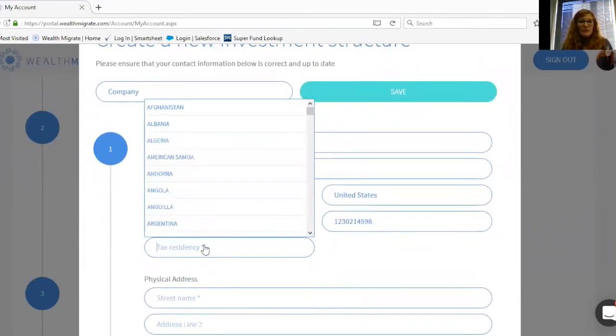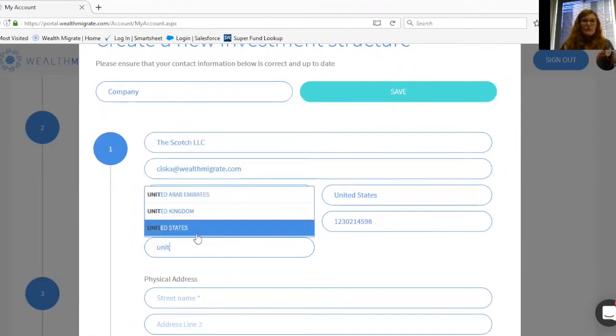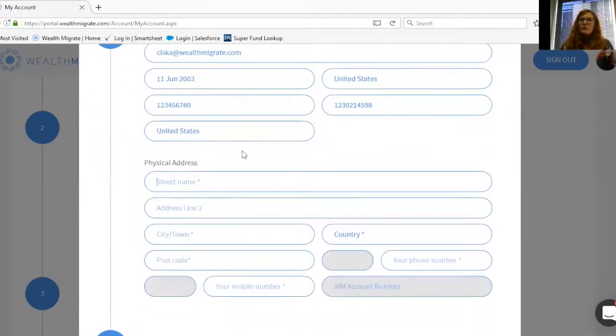Tax residency, United States. Here it's asking for the physical address that is pertaining to the actual company. So if your company, for example, has been registered in the United States, you have a managing agent that is managing your company. Often the company itself doesn't have an official physical address, but then it is registered to the managing agent. So you will use the managing agent's address here. So I'm just going to make up